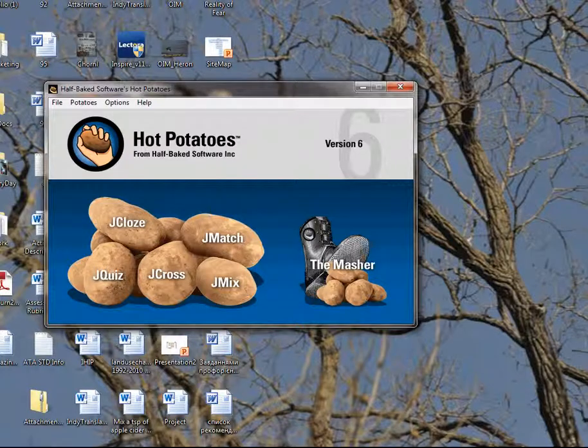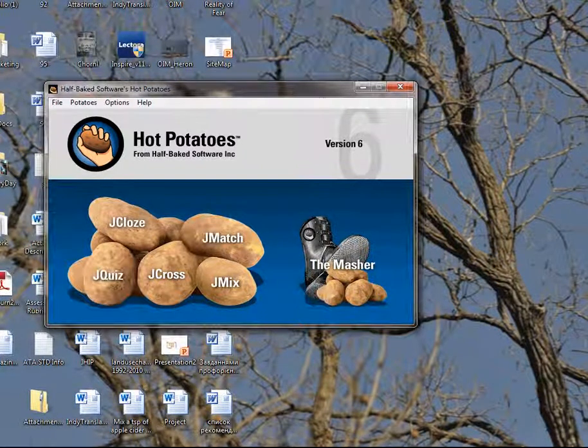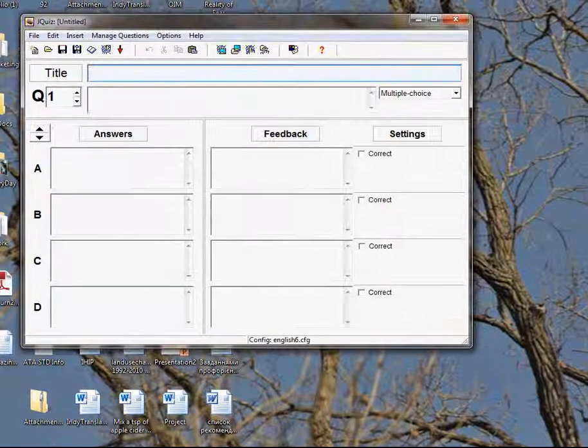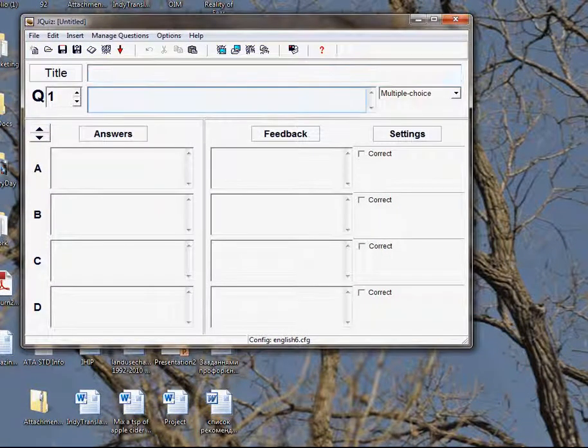After the installation is complete and you click on the icon to open the software, that is the welcome window that you will have access to, where you can select the question type that you would prefer. Let's create a quiz. For example, we are going to create a quiz for